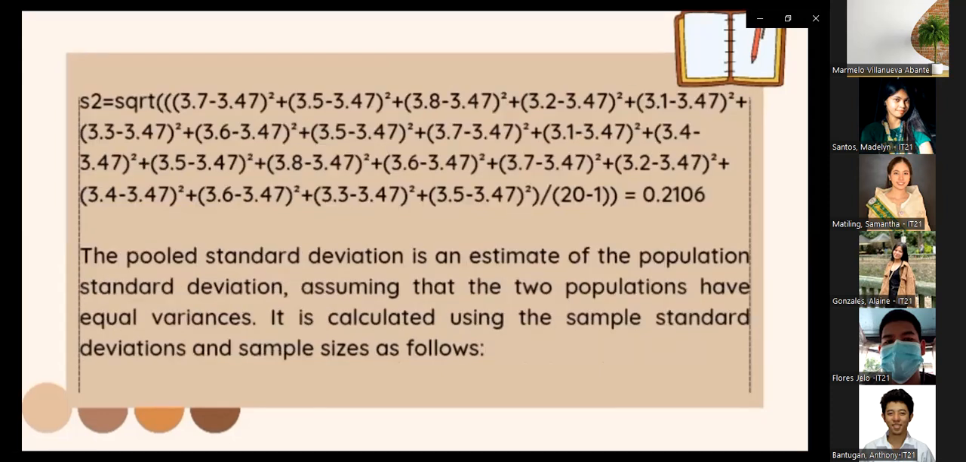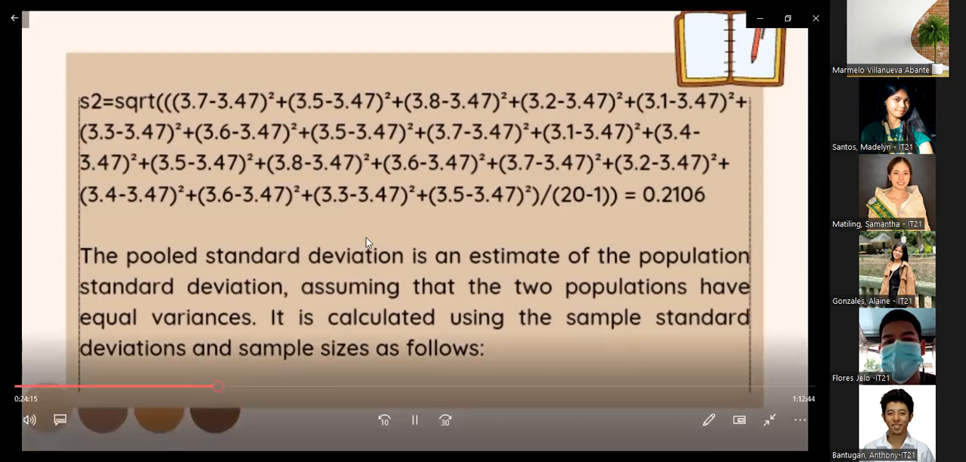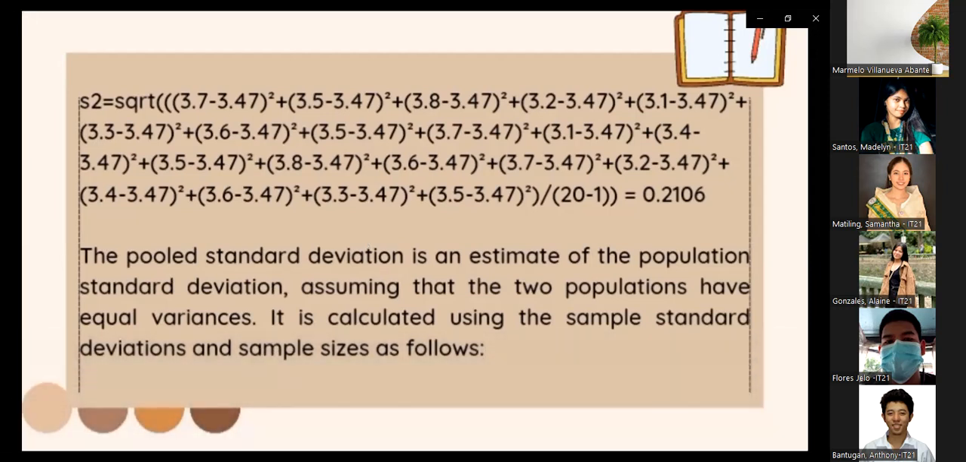equals 0.2036. s2 equals the square root of (3.7 minus 3.47) squared plus (3.5 minus 3.47) squared plus (3.8 minus 3.47) squared plus (3.2 minus 3.47) squared and so on, divided by 20 minus 1, equals 0.2106. The pooled standard deviation is an estimate of the population standard deviation, assuming that the two populations have equal